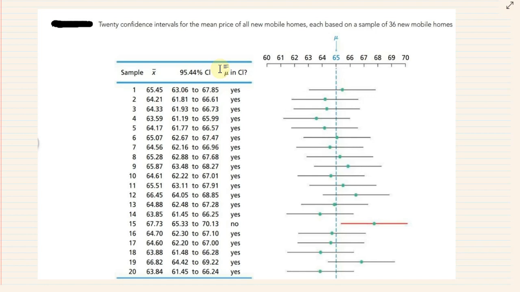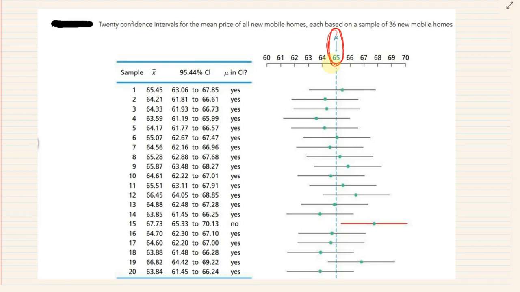In real life, we don't know what mu is. In this particular example, we happen to know it, because the author has established that right here. You see that mu is 65. Remember, typically we don't know that. So, assuming mu is 65, which the author knows for some reason,